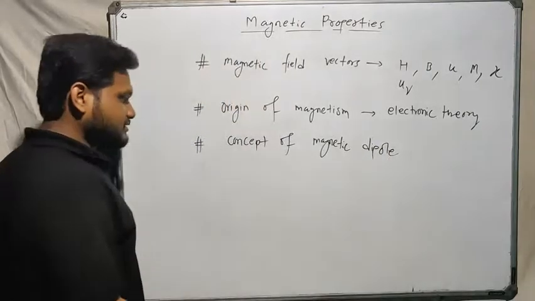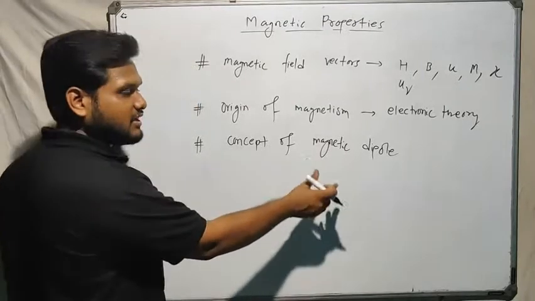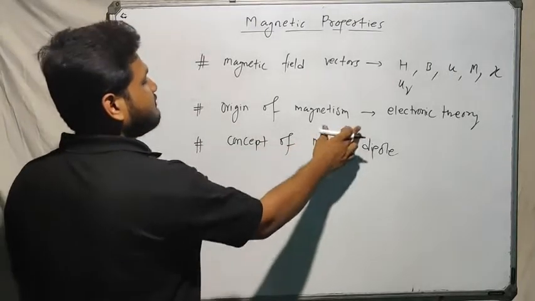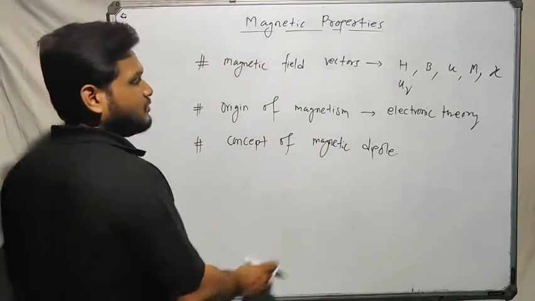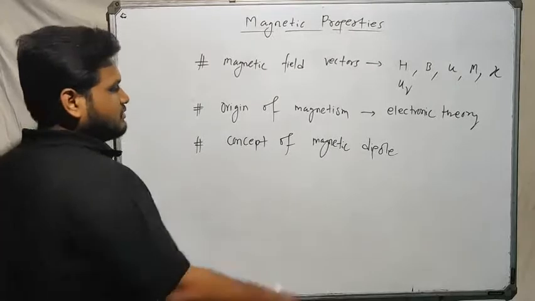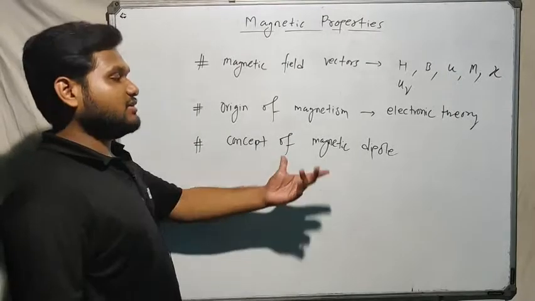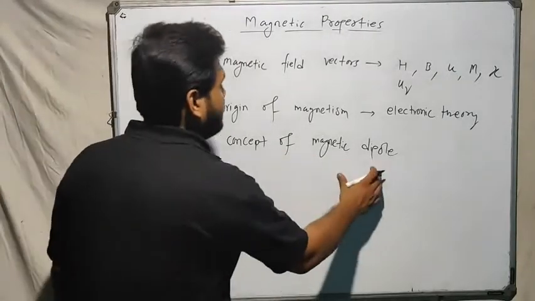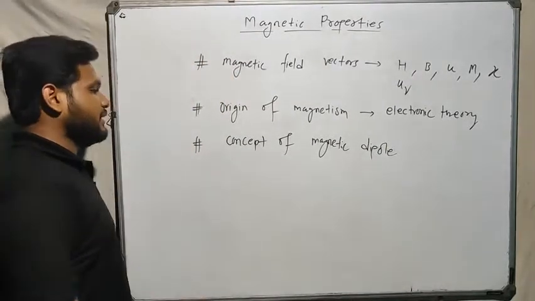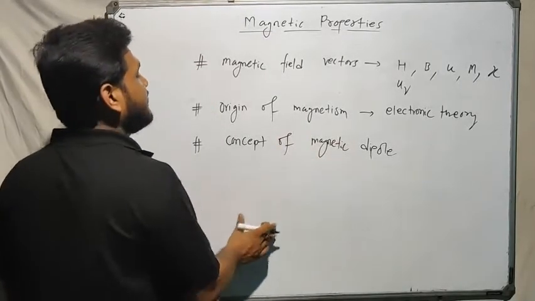Once you are fully aware of what a magnetic dipole is, you put this dipole in a magnetic field. Magnetic dipoles are nothing but some form of electron. We will try to understand how the electronic structure resembles the magnetic dipole. Now you put this dipole in a magnetic field, which is nothing but an imaginary force line of magnetic force. How will this dipole behave, whether it will orient itself, reorient itself, or you do not have a dipole at all, those things we will talk about. Every dipole has a dipole moment which will be affected by a magnetic field. Based on this, we see how a magnetic dipole inside an atom, inside a material, behaves.